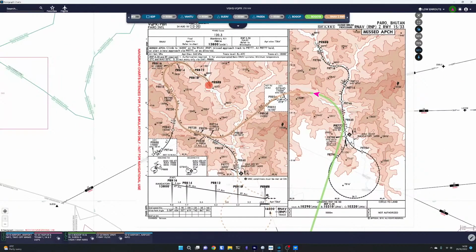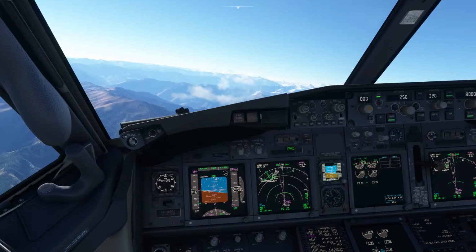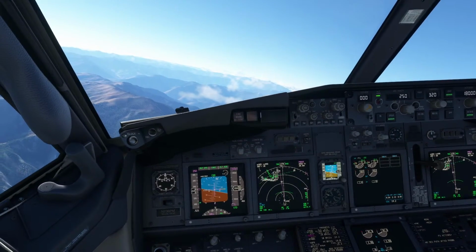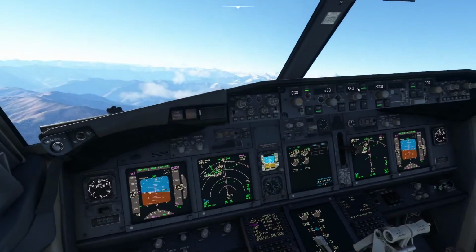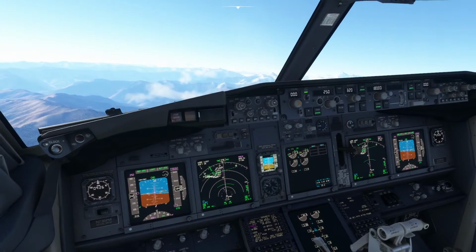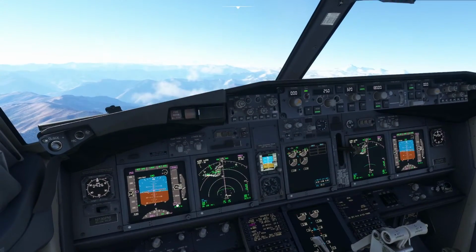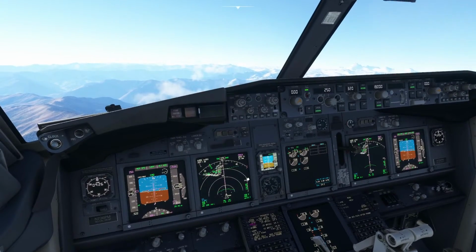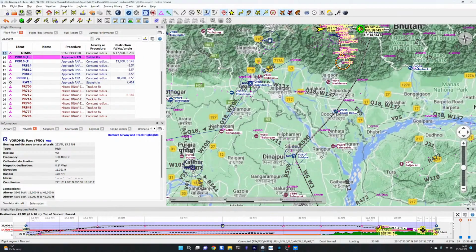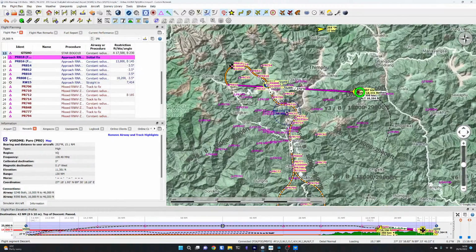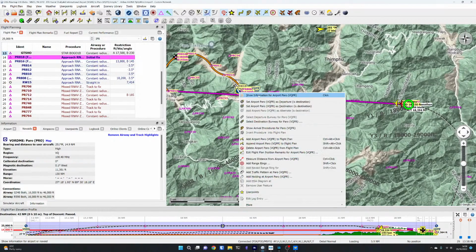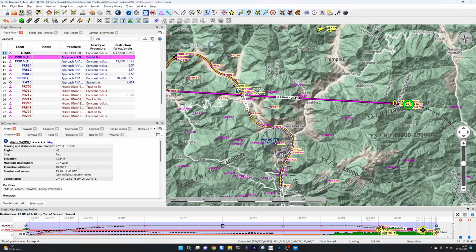So then we need to be at, just looking around here, 13,800 feet. So let's come back off the spoilers, we don't need them now. So we go back to a proper barometric pressure. We'll go and find out what the barometric pressure is at the destination. So we're going in towards Paro. So if we show information on Paro, we should find in the weather readout